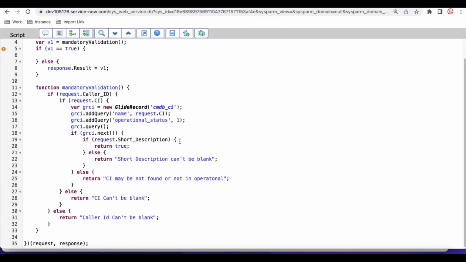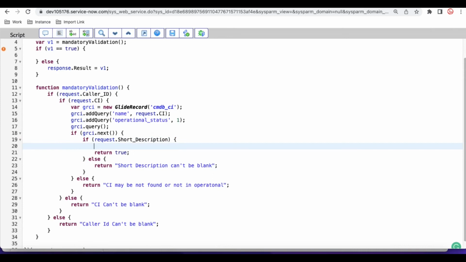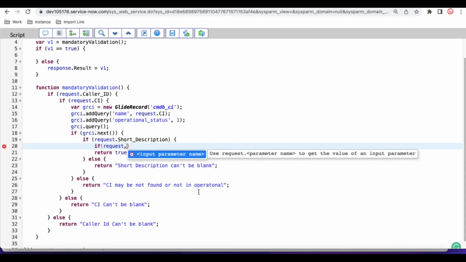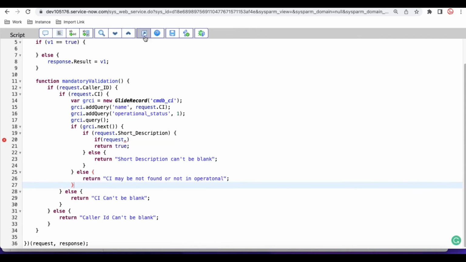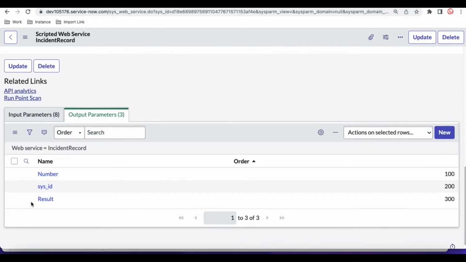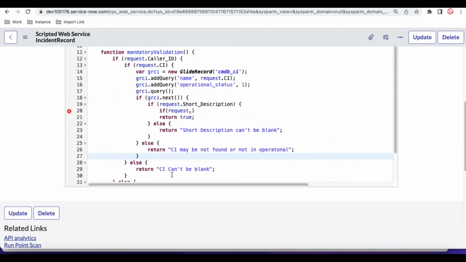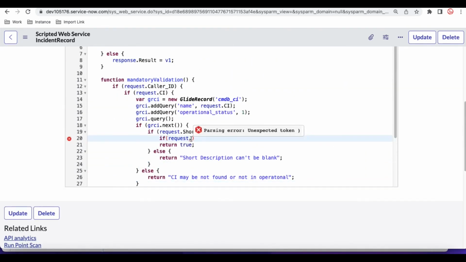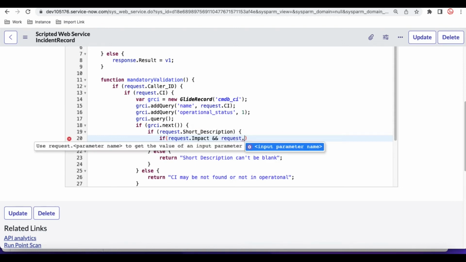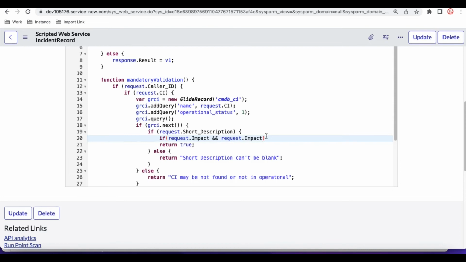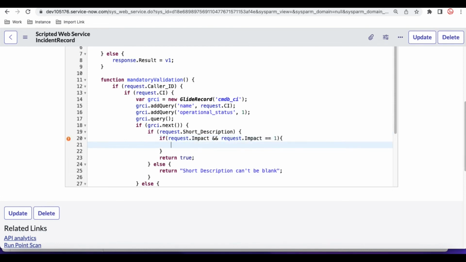So if short description is found, we will check request.impact. It's an optional field, so if somebody is passing the impact and request.impact equal to 1,